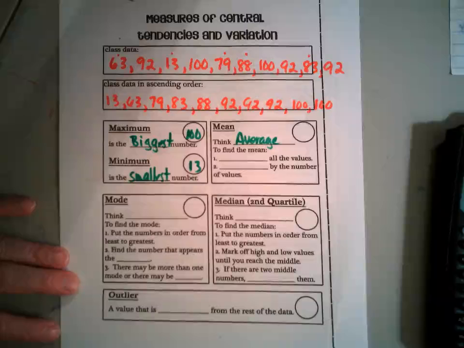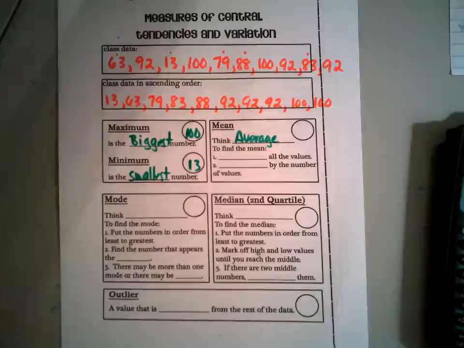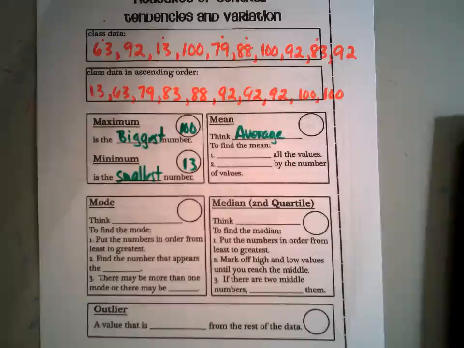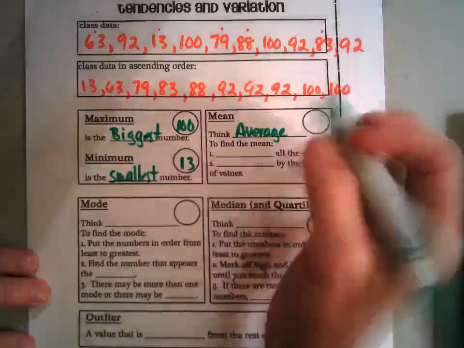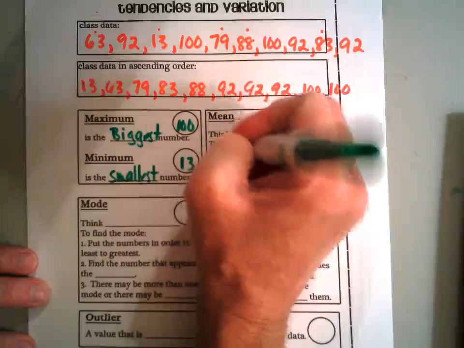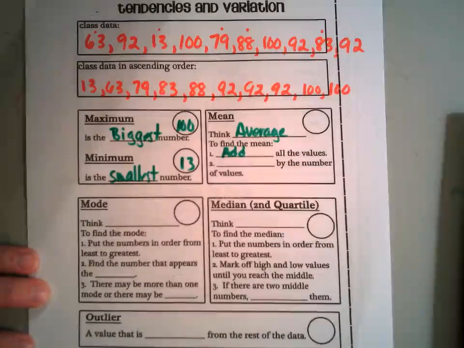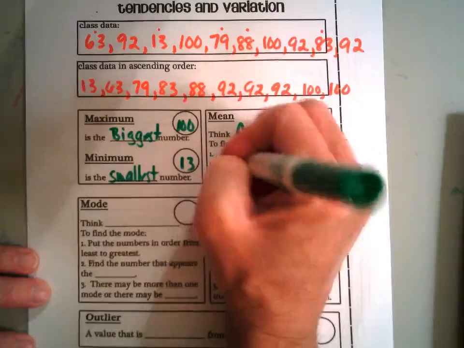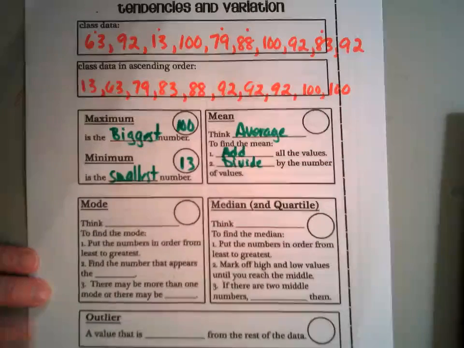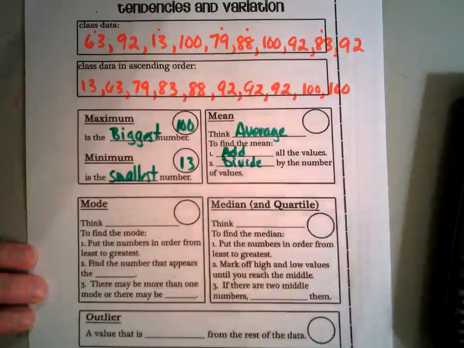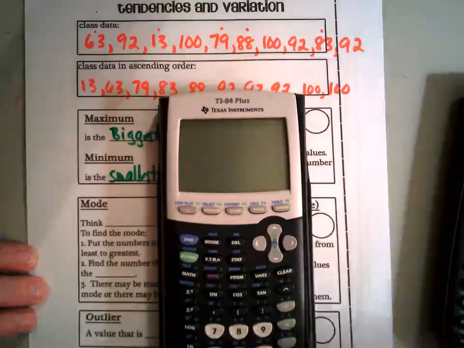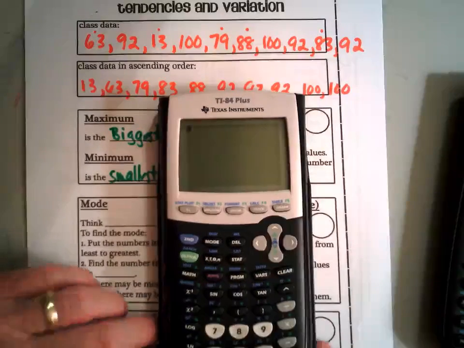It's the average value. And so to find the mean, you know what? I'm going to zoom in just a bit. All right, that should work. Average. So to find the mean, you're going to add all the values and divide by the number of values that you have. Now we are fortunate that our calculators are basically going to do that for us, but since I've got your attention,